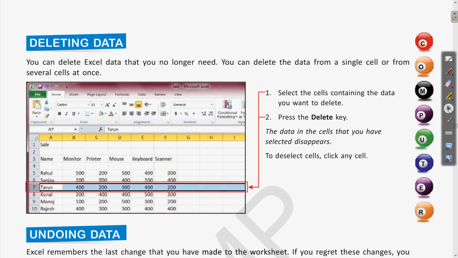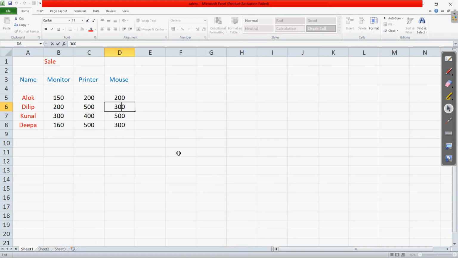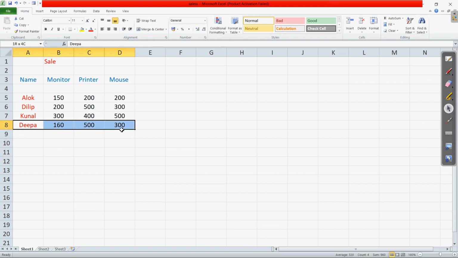Okay, so let us see this also. Suppose I come to the Excel sheet, and for the last values which we have entered, I want to delete all of the values of this particular row, so I have selected this. How to select this? Click on any of the cells and drag to all the cells which you want to select. When it appears with a dark border, it means it is selected. Now press the delete button. You can see I have pressed the delete button and the values are deleted. Now we will see how to bring it back.